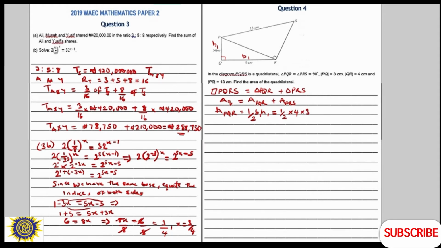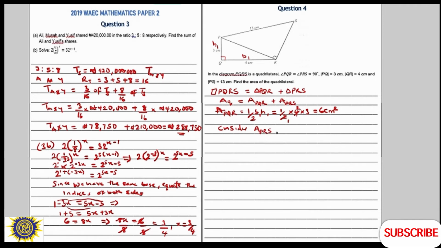So you can see it here. 2 here 1, 2 here 2. 2 times 3 will give 6 centimeter square. So that's the area of triangle PQR. Now let's deal with the area of triangle PRS. Finding the area of triangle PRS now, considering